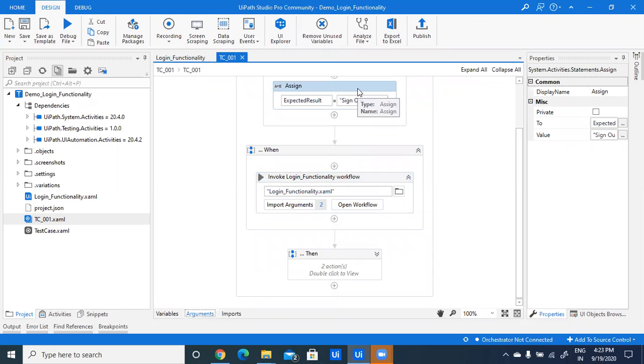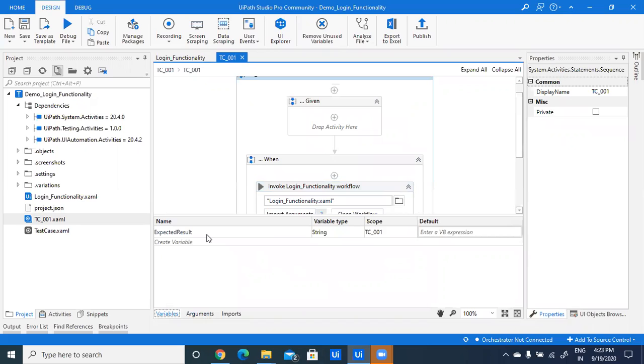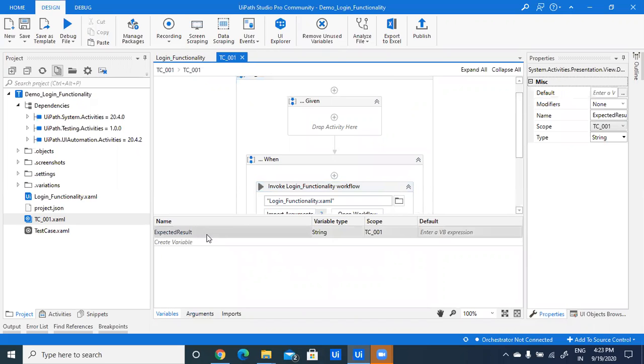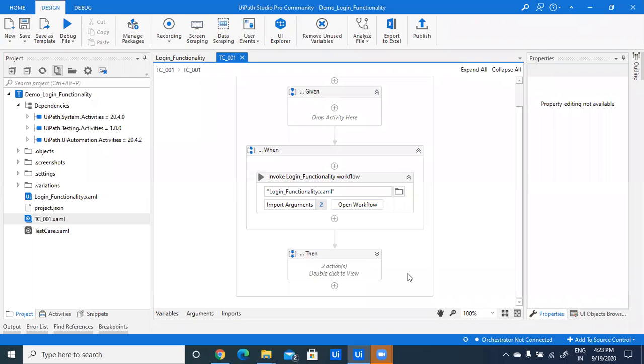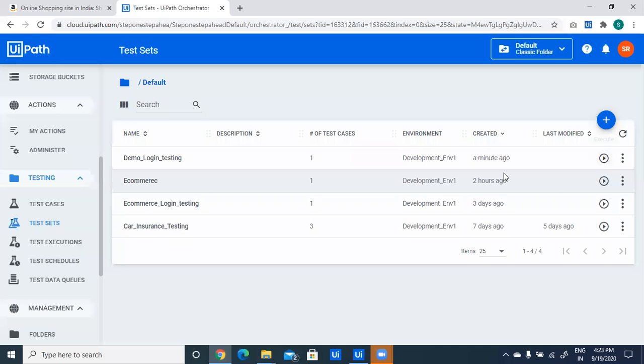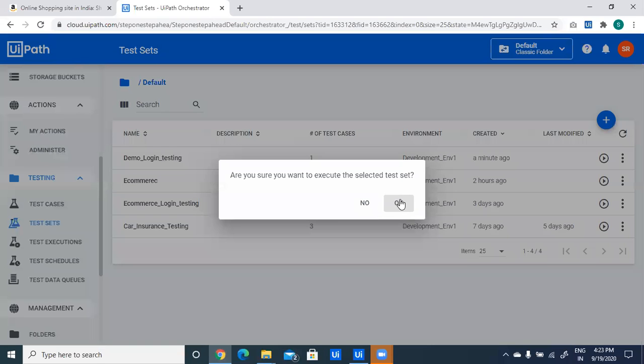I want to read expected result from Excel sheet and the variable. I will be comparing my actual result and the expected result with the Excel sheet. So we can execute this process by clicking on execute, click on OK.